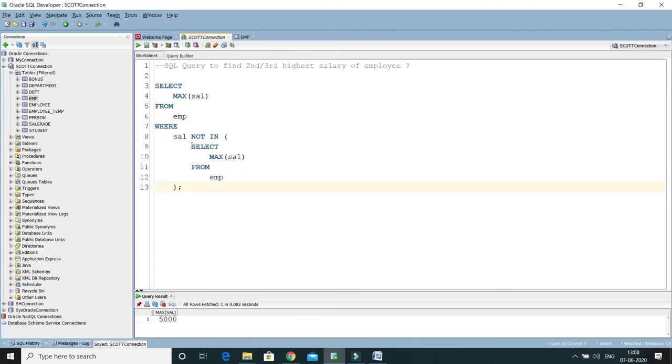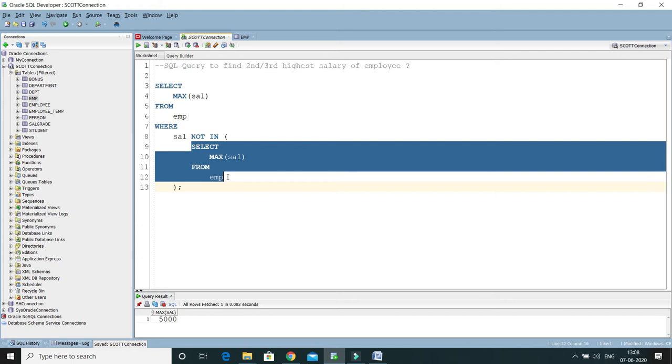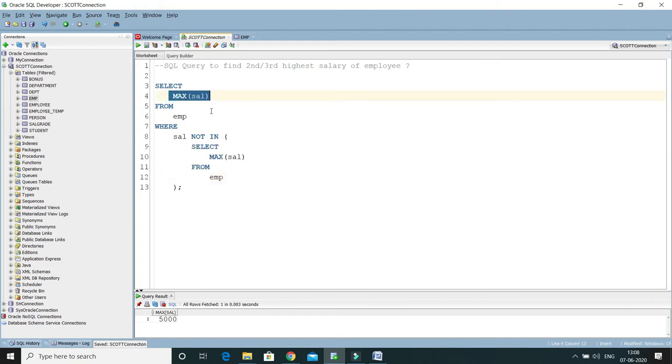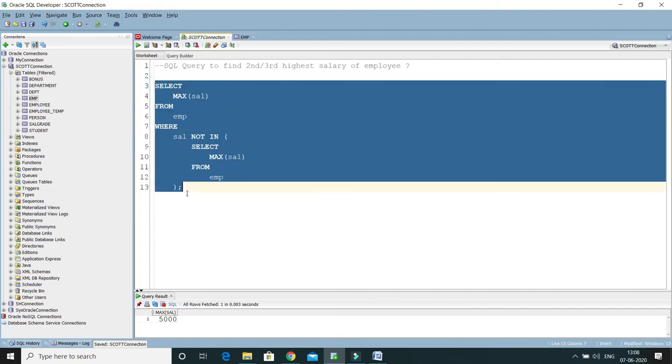Now 5,000 will be replaced here when the nested query is executed. Now the query will become select max salary from employee where salary not in 5,000. Means if you exclude the 5,000, which is the max salary, then what will be the max salary? Second highest salary. And that's how this query gets executed.